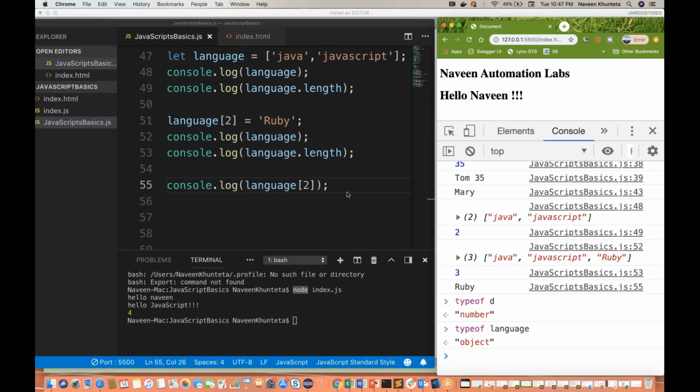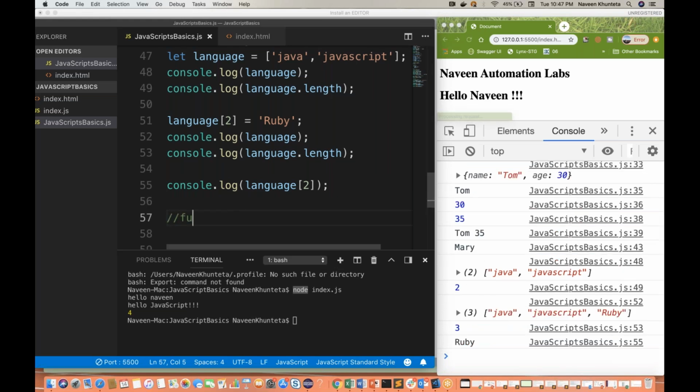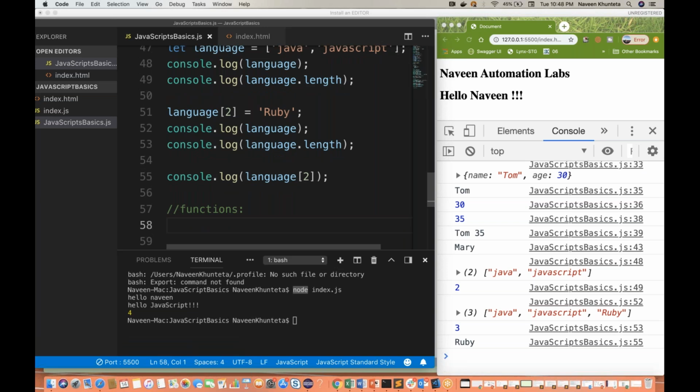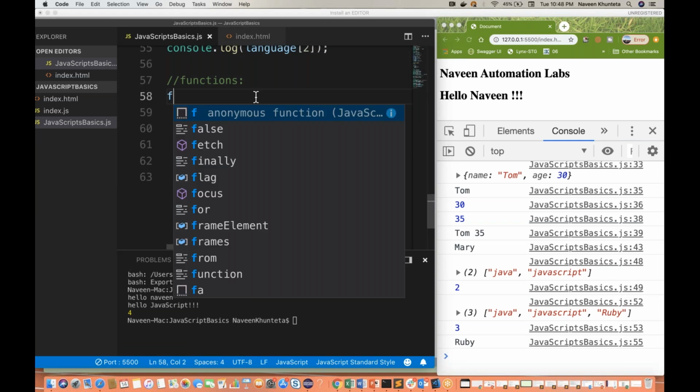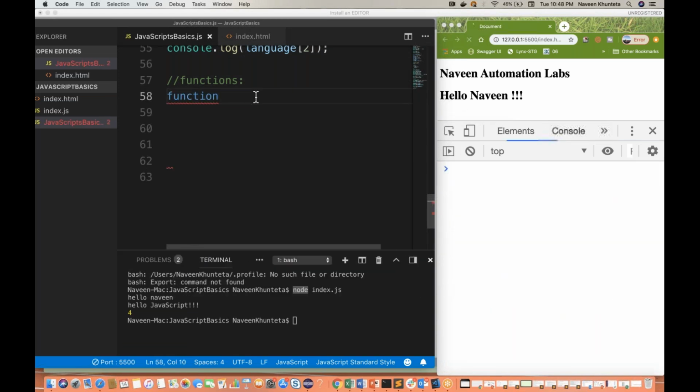Okay. Now let me write some comment. Now we will talk about different types of functions. Let's see how to create a function. Simply write the function keyword over here, function, and give any name. Okay, give any name. So let's see. My function name is